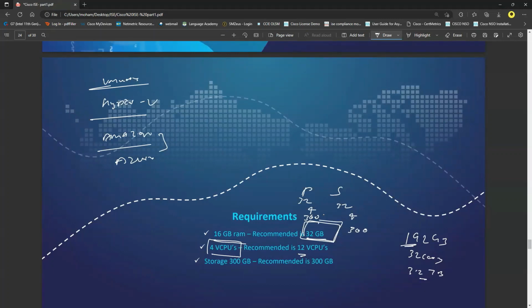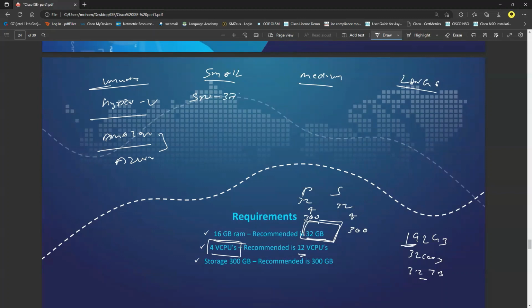Now coming to the organization or production one, you have three different types: small, medium, and large. Now coming to the virtual devices, again, you do need the virtual license, which will represent the small, medium, and large. So let's talk about the physical device. For the small physical device, the model will be